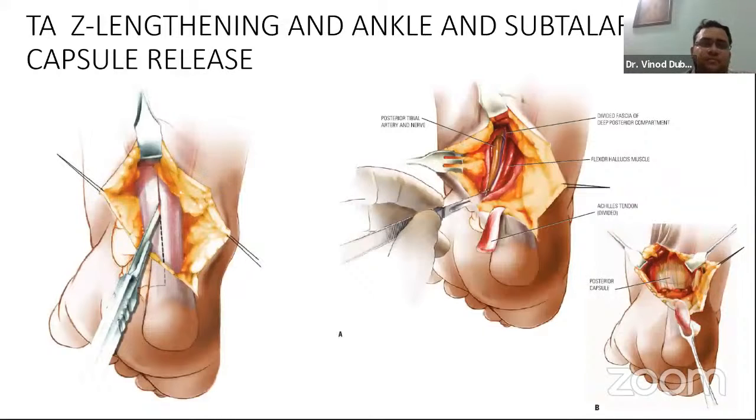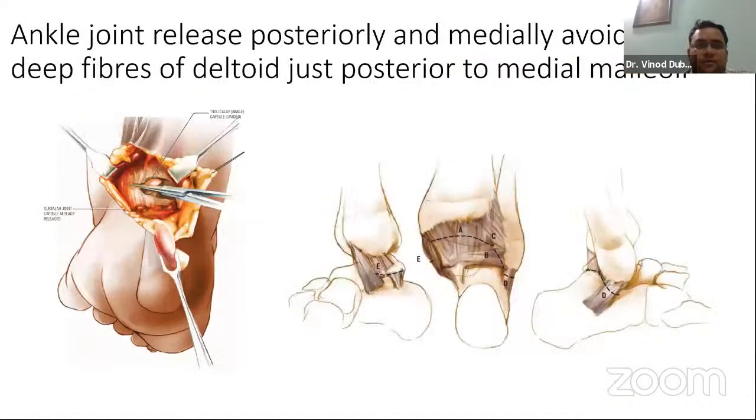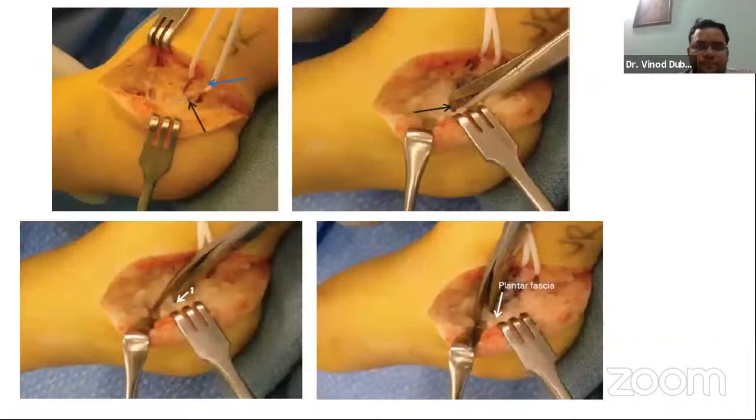This is a picture showing TA and TAZ lengthening and ankle and subtalar joint capsule release. Again, capsule release till the talofibular ligament to get dorsiflexion and eversion. You can see here, this is a schematic diagram showing different types of ligaments, both posteriorly and medially. This is a clinical picture where we are protecting the posteromedial neurovascular bundle. Once we protect that, we release the deep fascia and then lengthen the ligaments, release the capsules, and try and do